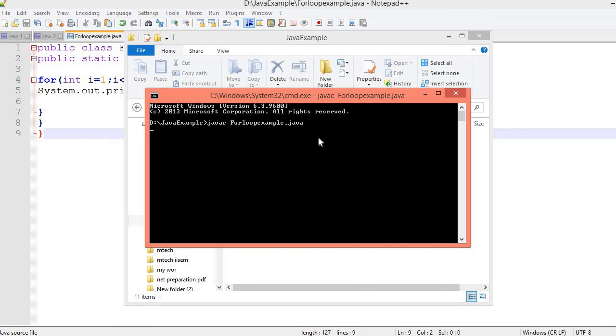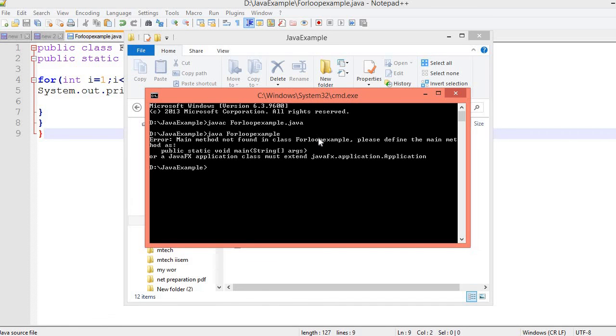Okay, then java ForLoopExample. Okay, what am I getting? Main method not found in class ForLoopExample, please define the main method.